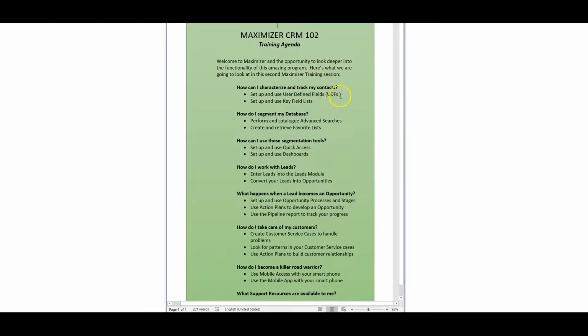In today's training, we're going to look at user-defined fields and how we use them to segment our database, how we then use the results of that segmentation to create a quick access icon bar and to create dashboards. We'll look at creating leads and turning them into opportunities. We'll take a look at how we use the opportunities module and how we use the customer service module. We'll then take a look at how you can access Maximizer from anywhere in the world at any time. And then finally, of course, we'll take a look at the resources that are available to you to help you